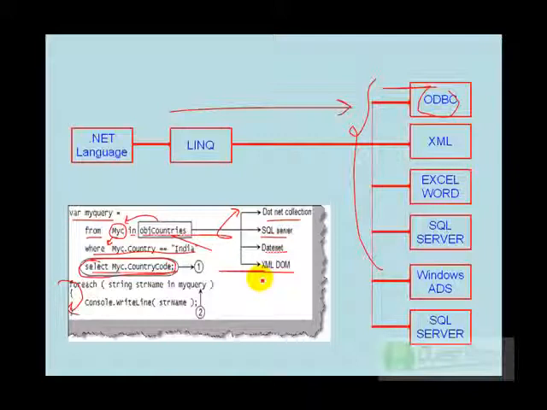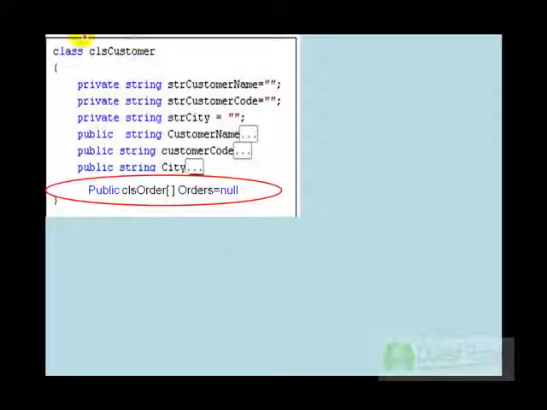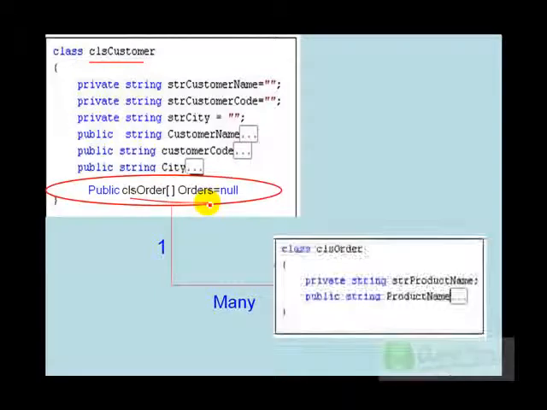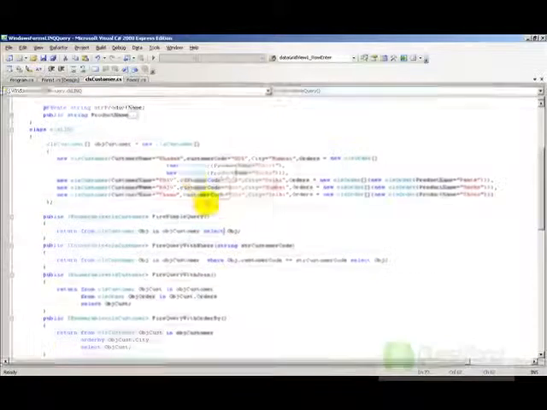Now we'll go through a simple sample and try to understand how LINQ works practically. So let's do a small sample so that we can understand LINQ in a much better manner. We will make a customer and an orders collection. In other words, we'll be making a customer class, and this customer class will have a lot of orders collections. There is also an order class, and there is a one-to-many relationship between the customer and the order. So here's the source code.